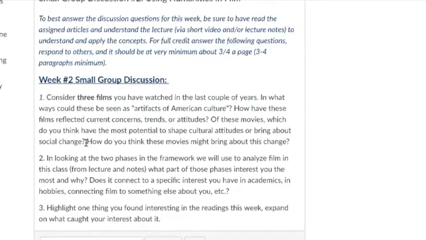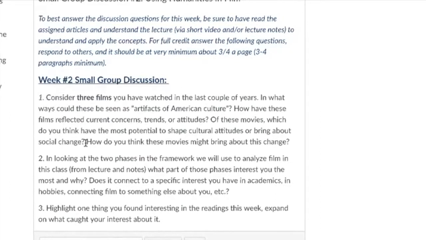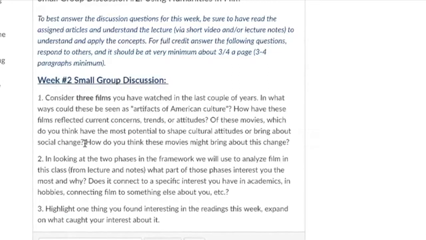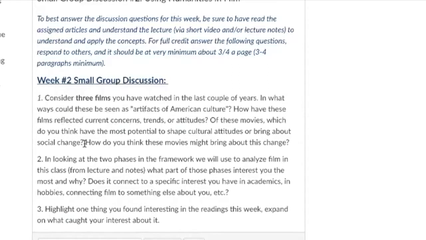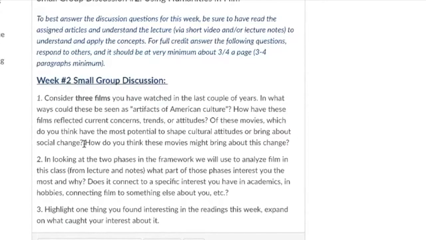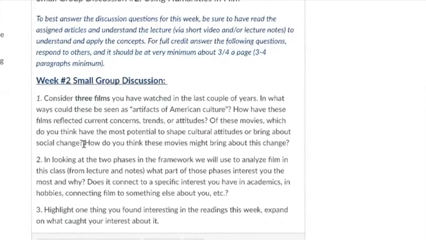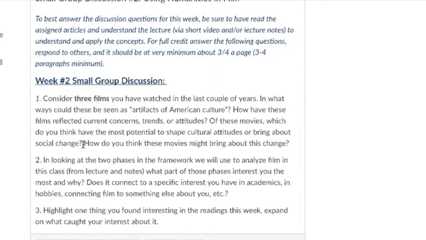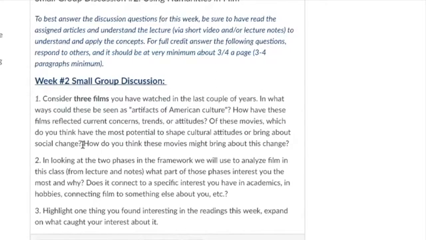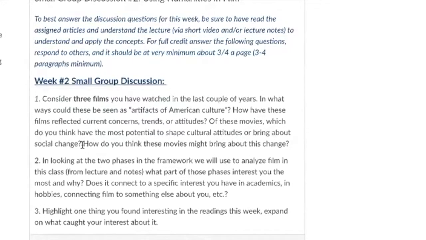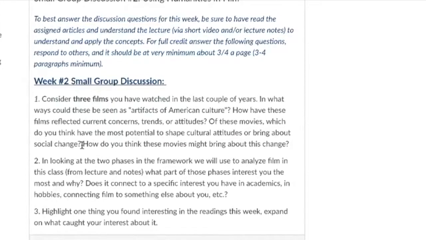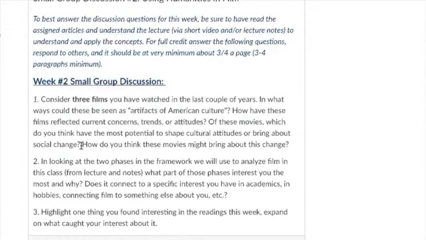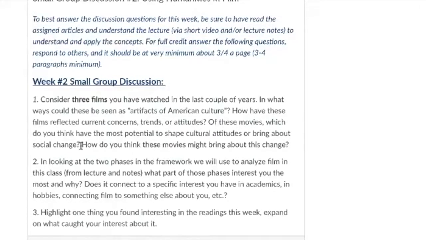Another aspect too that you're going to be looking at, number 2, is the 2 phases. So if you look at my lecture it talks about the 2 phases that we're going to use, how to look at humanities like archaeologists and sort of unveiling information about how we record ourselves through film and the story that's told of human society. So how does it connect to specific interests you have in academics and hobbies,